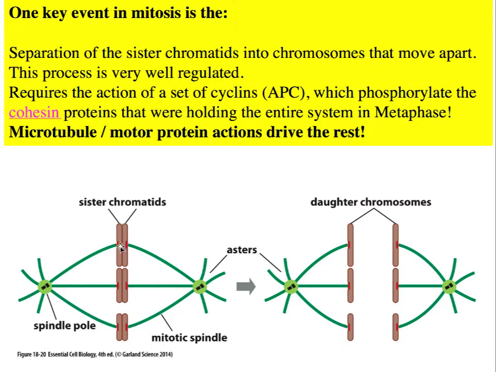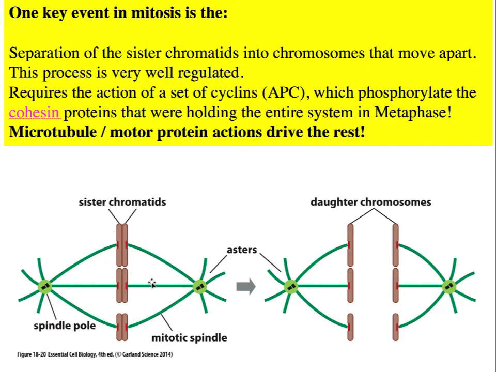But as soon as the centromeres break up at the beginning of anaphase, they then are known as chromosomes in their own right. So this chromosome is now moving to the left, and this chromosome is now moving to the right within the same cell. This process is driven by the green lines, and the green lines represent microtubules and their associated motor proteins.